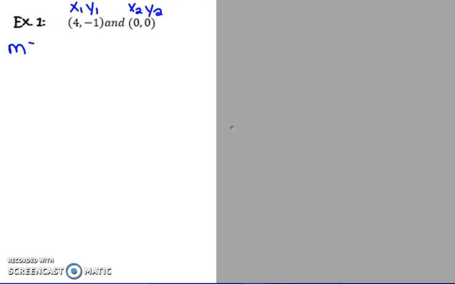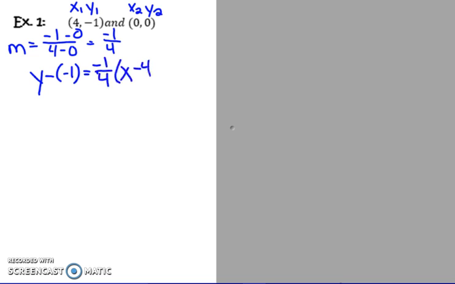If we look at our first example, I'm still going to start the same way: x1, y1, x2, y2. I'm going to find my slope. I'm going to take -1 minus 0 and 4 minus 0. In this case, I get -1/4. That's my slope. So, using point-slope formula, I'm going to take y minus -1 is equal to -1/4 x minus 4. 2 negatives make a positive, so it's y plus 1 equals -1/4